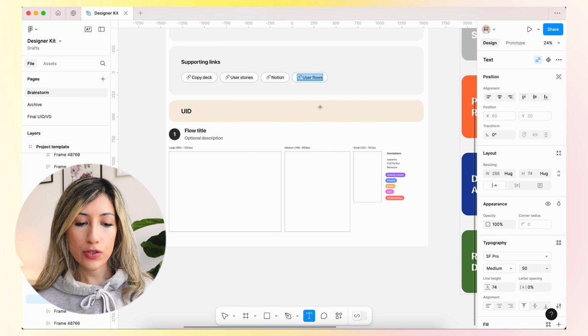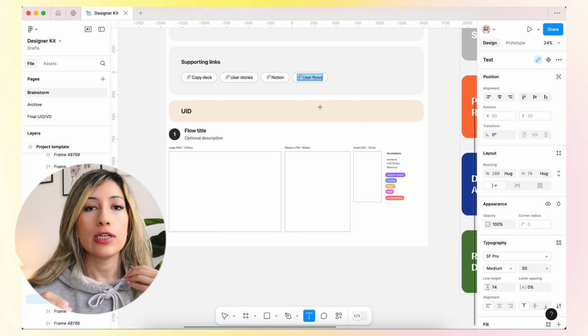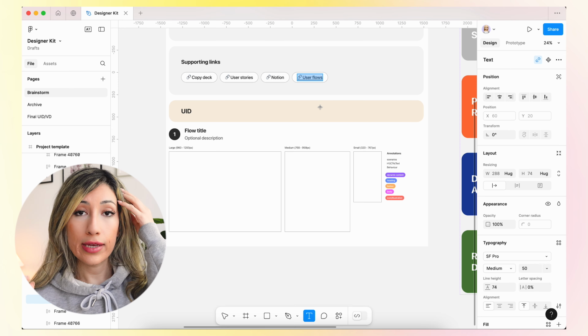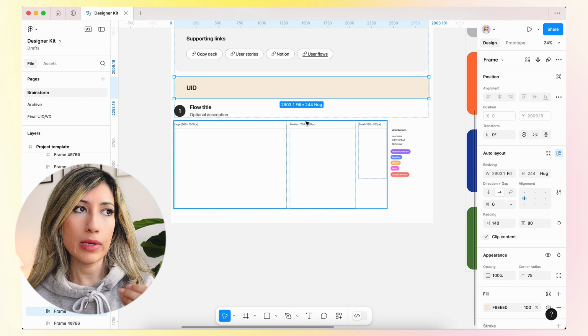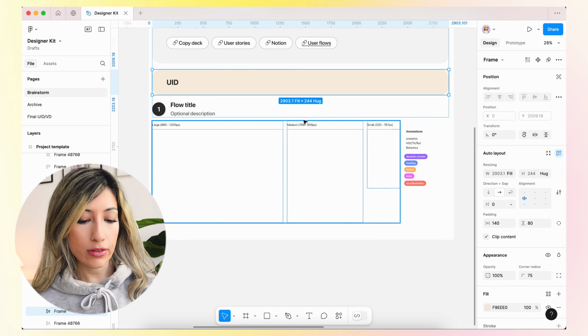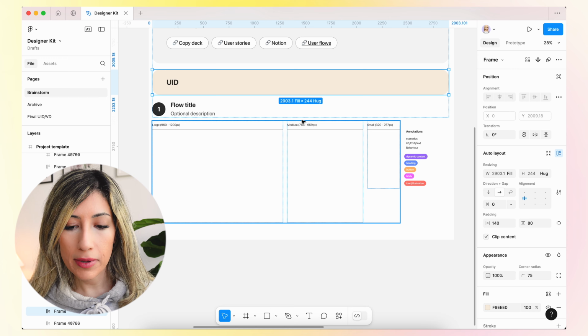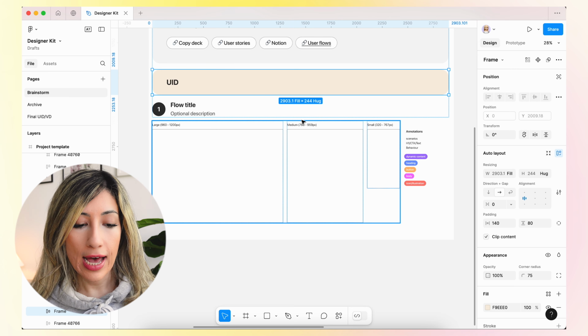Then we have the UID. UID is where you put your wireframes and your initial designs. Always try to start with your wireframes so that you don't miss out time and you are more focused on the functionality, on behaviors, on interactions, other than just visual details, colors, and icons. It's just a simple way to keep track of the flow each by each, and we have just one